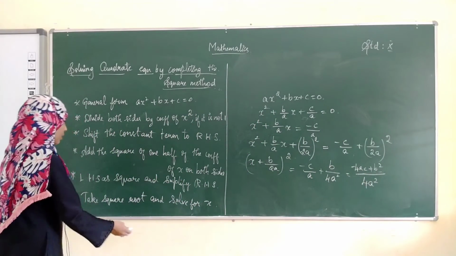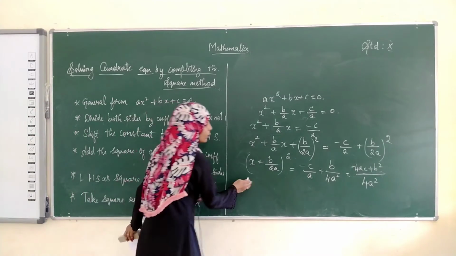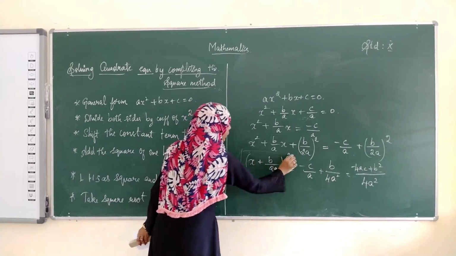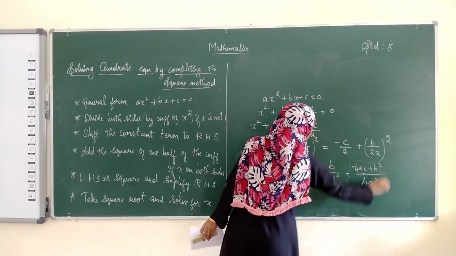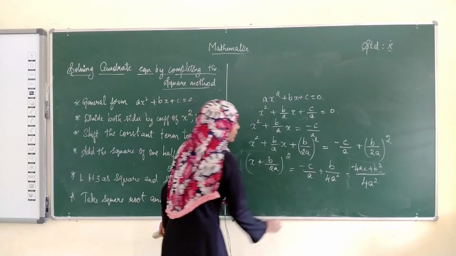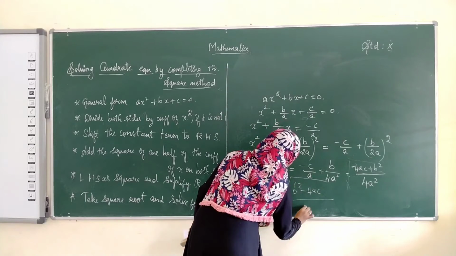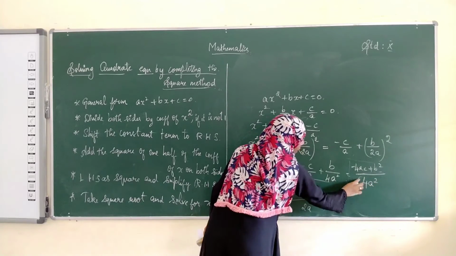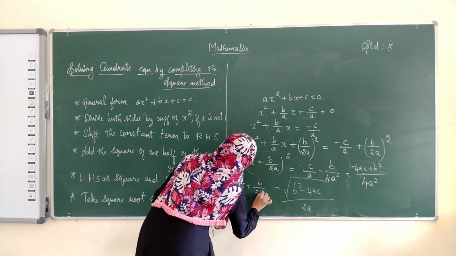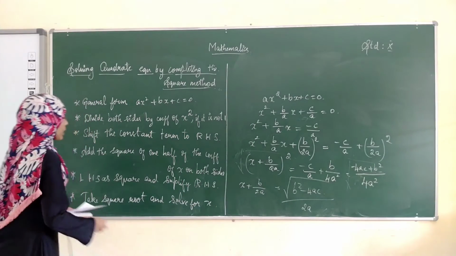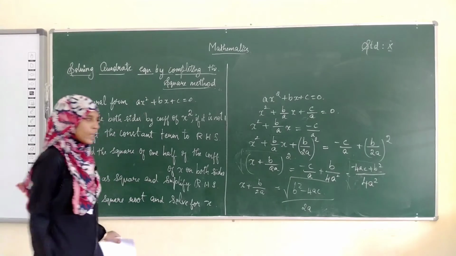Okay. Now, using this, we can find the square root. What we have to do? We have to take the square root. When taking the square root, the square root and square get cancelled on this term, and we have to take the square root of this term also. Okay, what we get? Root of b square minus 4ac divided by 2a, and taking the square root on the other side, we get x plus b divided by 2a. Okay, this is how we are going to solve this. Solve the given quadratic equation by this method, the completing the square method.